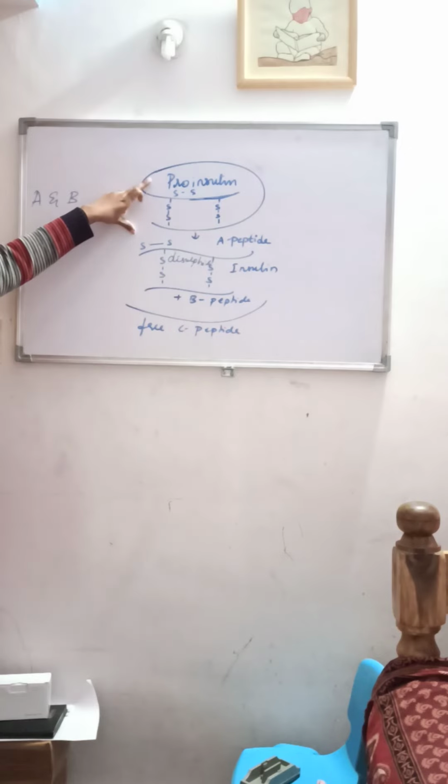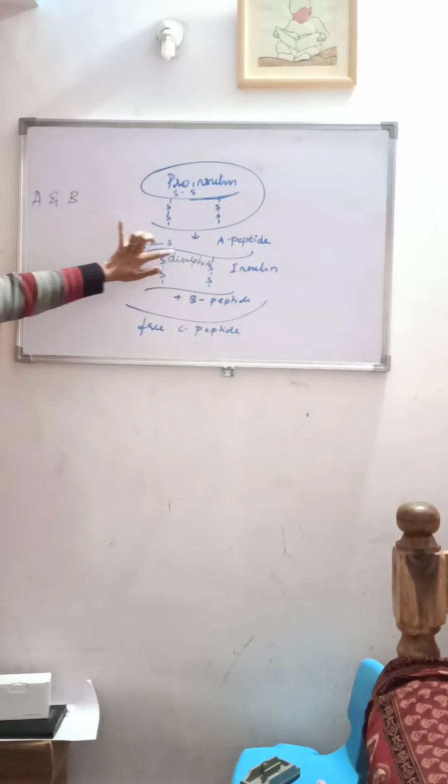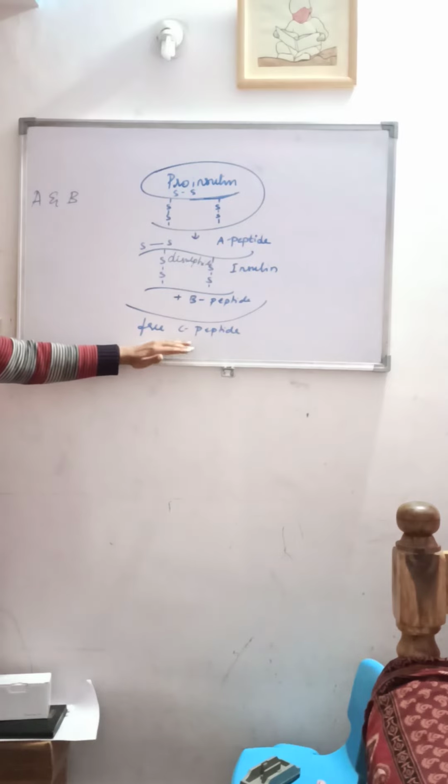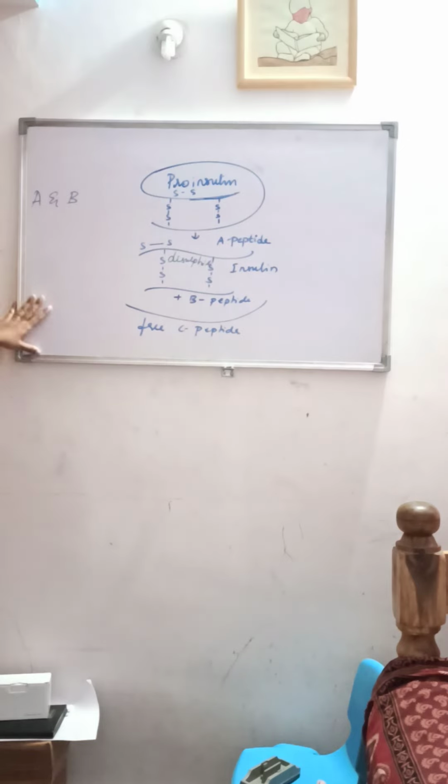You can see here the proinsulin. You see the two short polypeptide chains, the A peptide and the B peptide, linked with what? Disulfide bridges. Usually in mammals, including humans, insulin is synthesized as a prohormone which contains an extra stretch called the C-peptide. You can see there is an extra stretch called what? C-peptide, right?